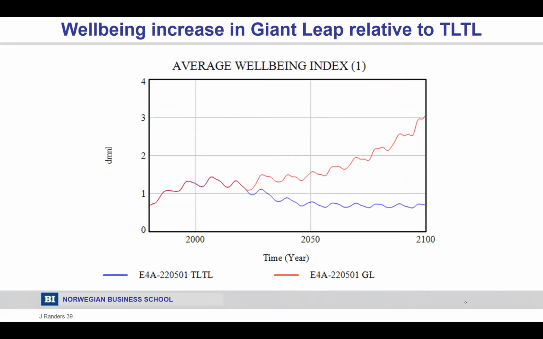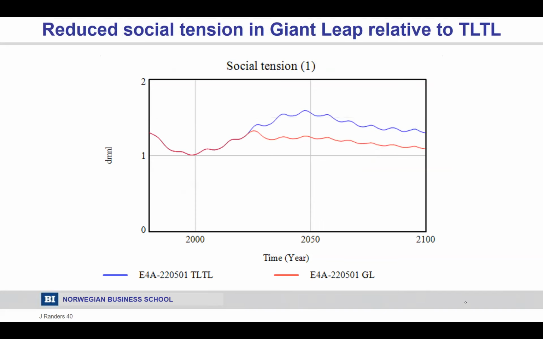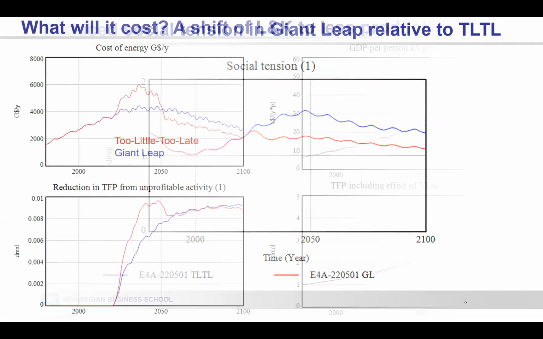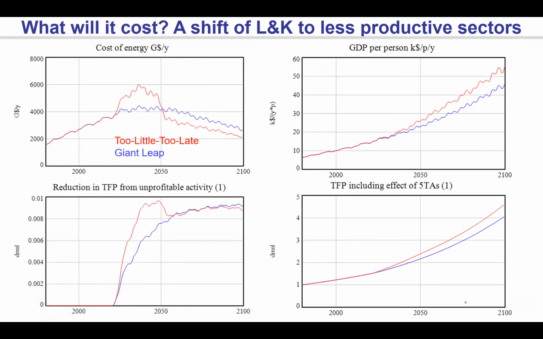And the average well-being index, as a consequence, moves from the blue to the red. So at least we get, more or less, business as usual the next 30 years, with the level of social tension that we have. And then well-being will start to rise at the end of the century because of the removal of poverty, because of the lower warming, because of less inequality, etc. So that's the social tension, the development, lowered from the blue line to the red line. What will it cost to do this?